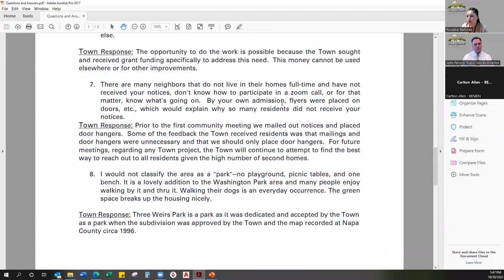Before the first community meeting, we mailed out the flyers to any addresses associated with that location. So if a home had 2 addresses, one for mailing and one the actual location, we mailed them to both. And we put door hangers up. We wanted to make sure to try to reach out to everybody. Some of the feedback we received after that was that it was excessive, that we really only need to do door hangers. And so for this meeting, we did door hangers, and we're still trying to learn